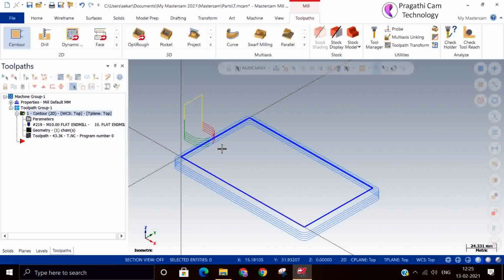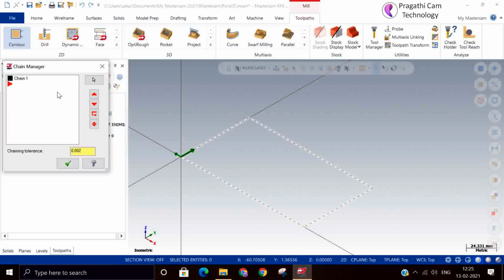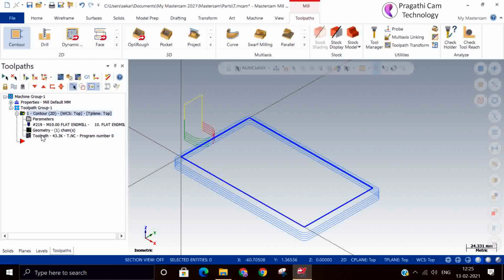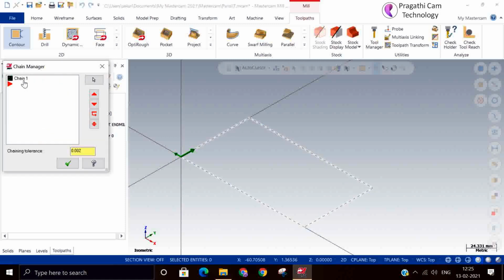Suppose I want to start some other place. So how to change the start point? Select the chain, right click, and change the start point.